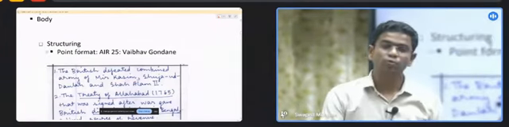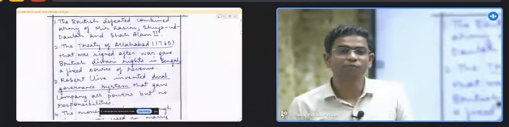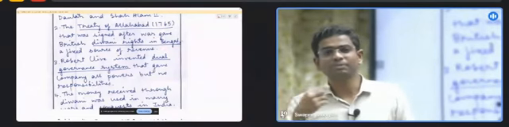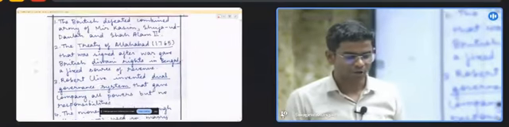In many of the answers, you will be required to use point format. Whenever you have too many points, whenever you have many different aspects that you need to present in front of the examiner, definitely make use of point format, because it gives the variety of opinions, variety of perspectives and dimensions that you have considered. And the examiner can enlist, can see the numbers and see how many dimensions you have covered. So present it in that particular manner and it is entirely all right.